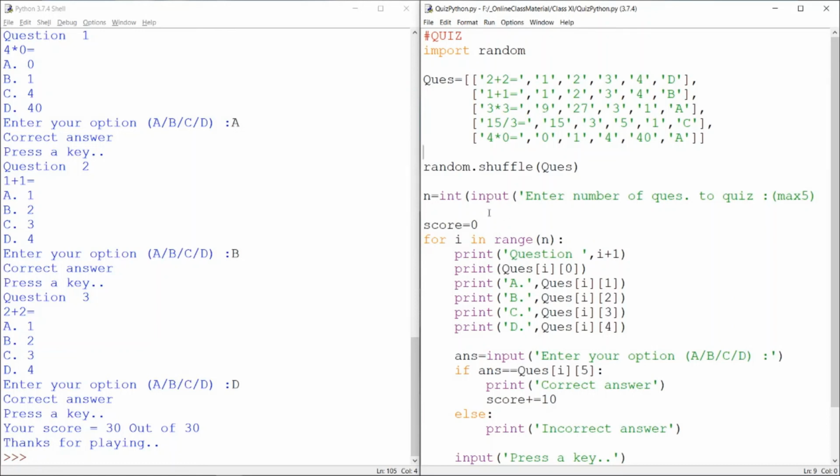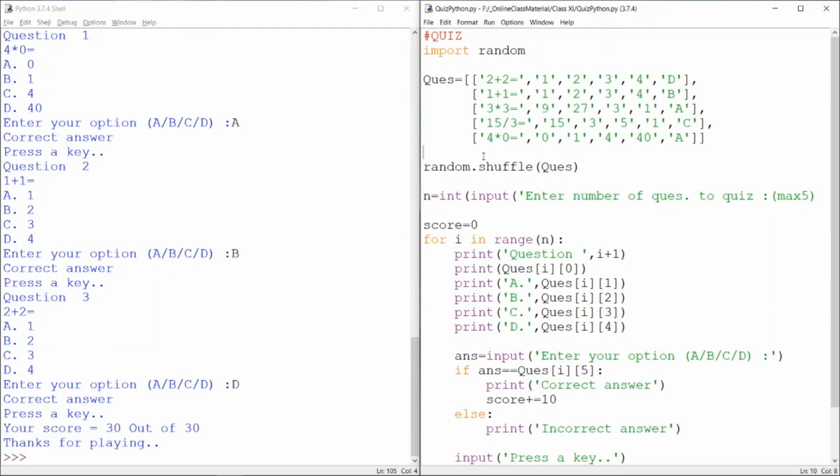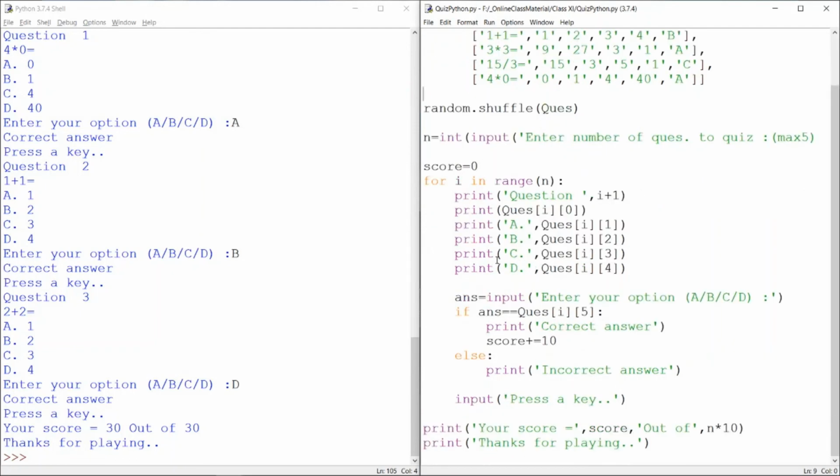So you can have in the beginning the options to the user, math, science, physics, chemistry, whatever, and have those many questions of those topics. That will be a good project, and later on in your class 12th you can have all these questions stored in a file. That will be later. Okay, so I hope you like the concept and you will surely develop some projects, right?